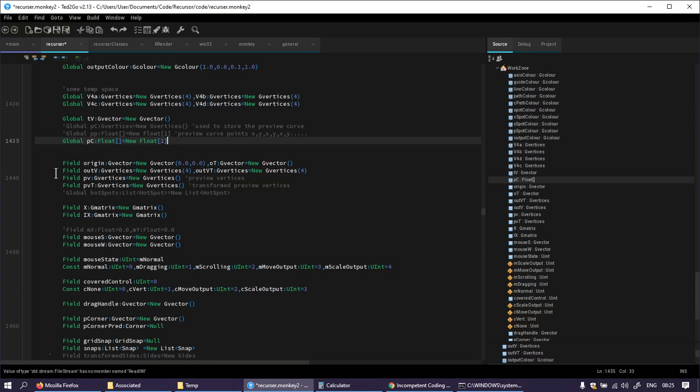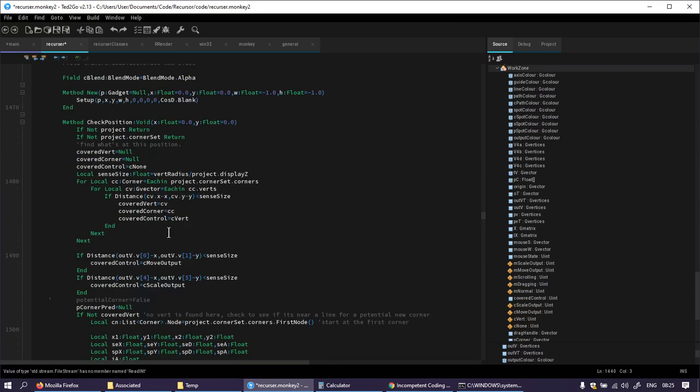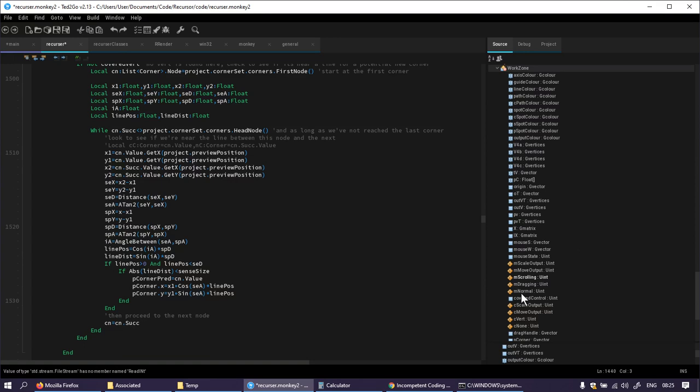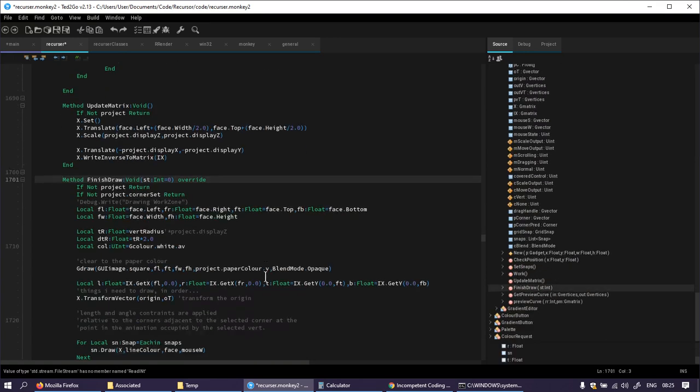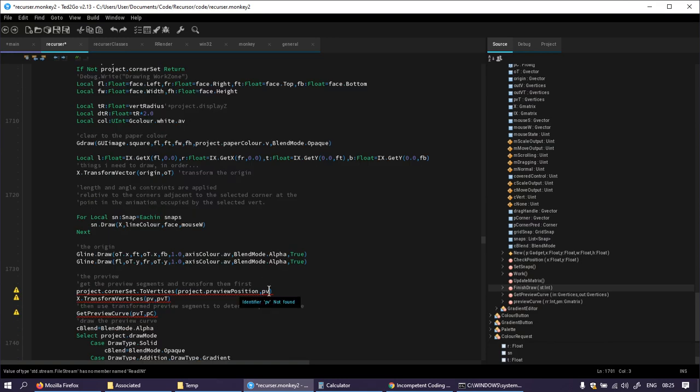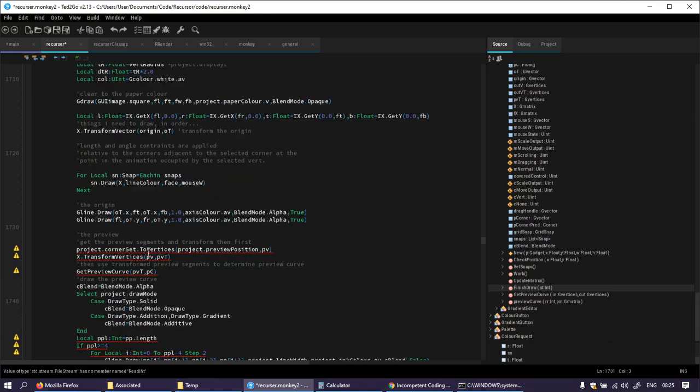Now, do I even need preview vertices? I'm getting wound up in this now. I do use preview vertices, that doesn't mean I need them. I need to get back to finish draw. Right, okay. Get the preview segments, then use the segments. Okay, so I do need preview vertices